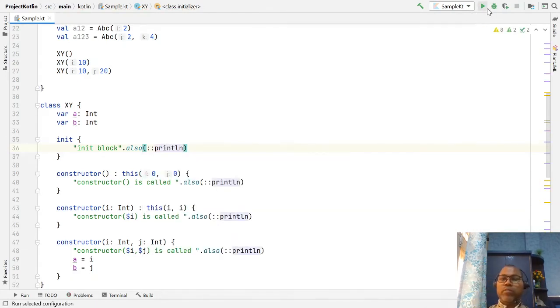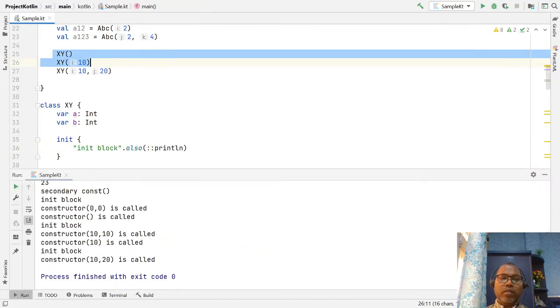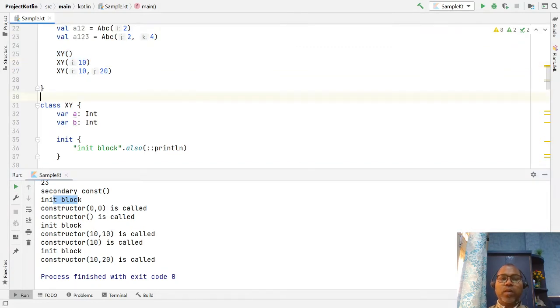You can check that the initialization block is executed for each object: whenever we create an object, this initialization block is executed.